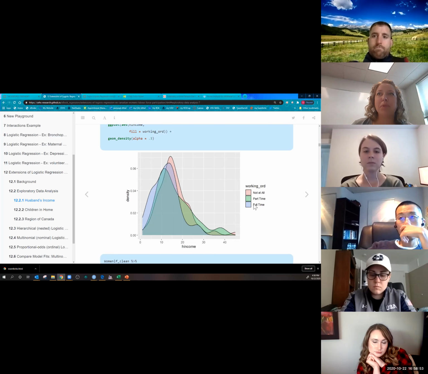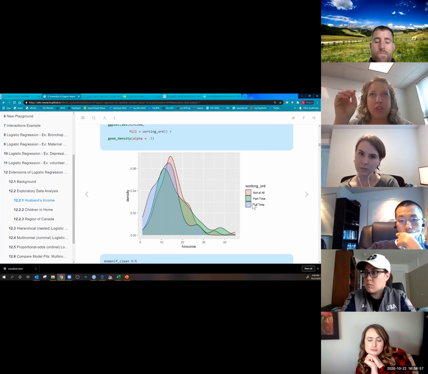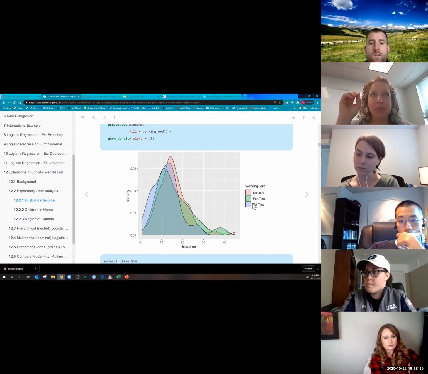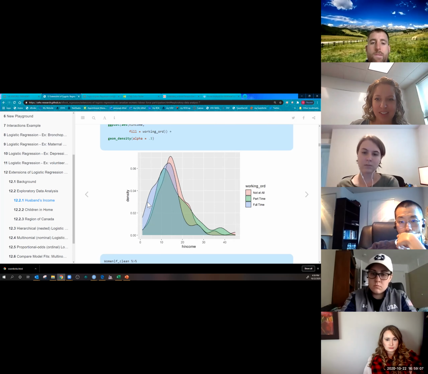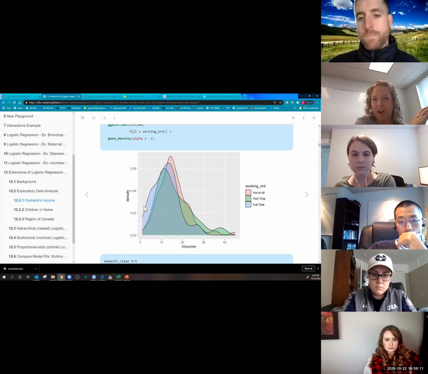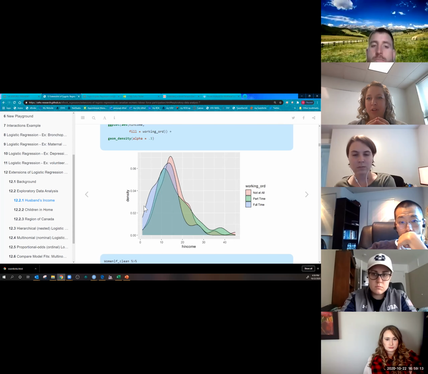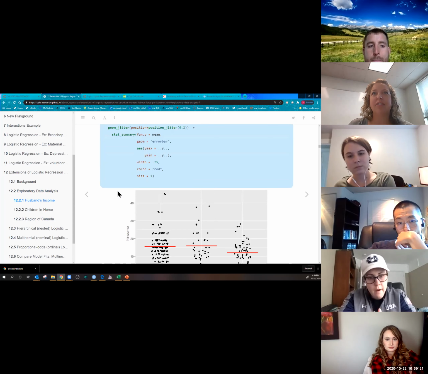Let's look first at the blue for full-time. When the wife is working full-time, what is the husband's income like? Which of those 3 curves is it? The blue one. They're kind of wiggly, but it's the one that's close on the lower end. So the wife is more likely to work if the husband's making a little bit less money. Maybe, it's hard to know, but that's one of those things we can test.